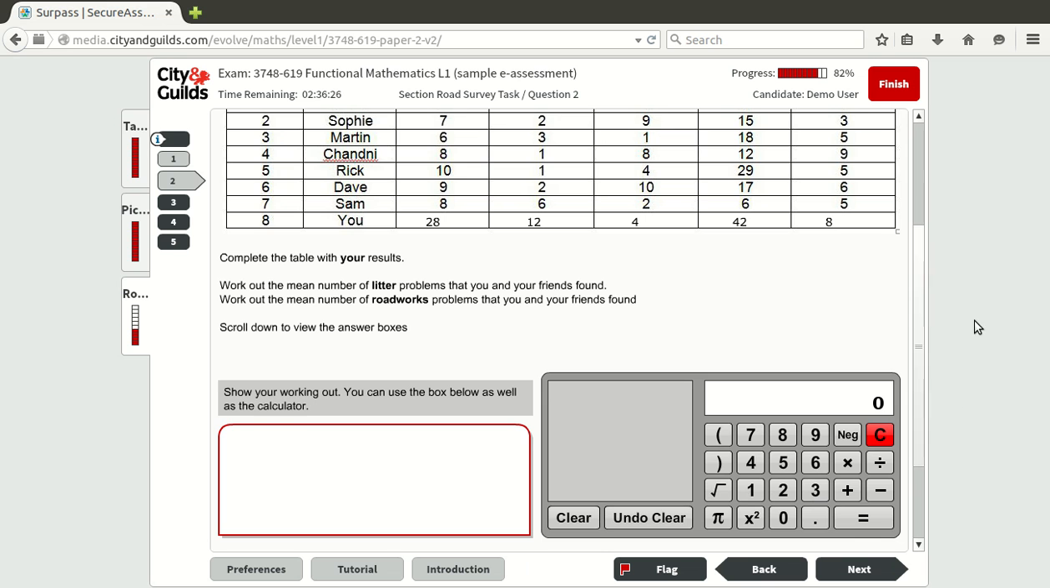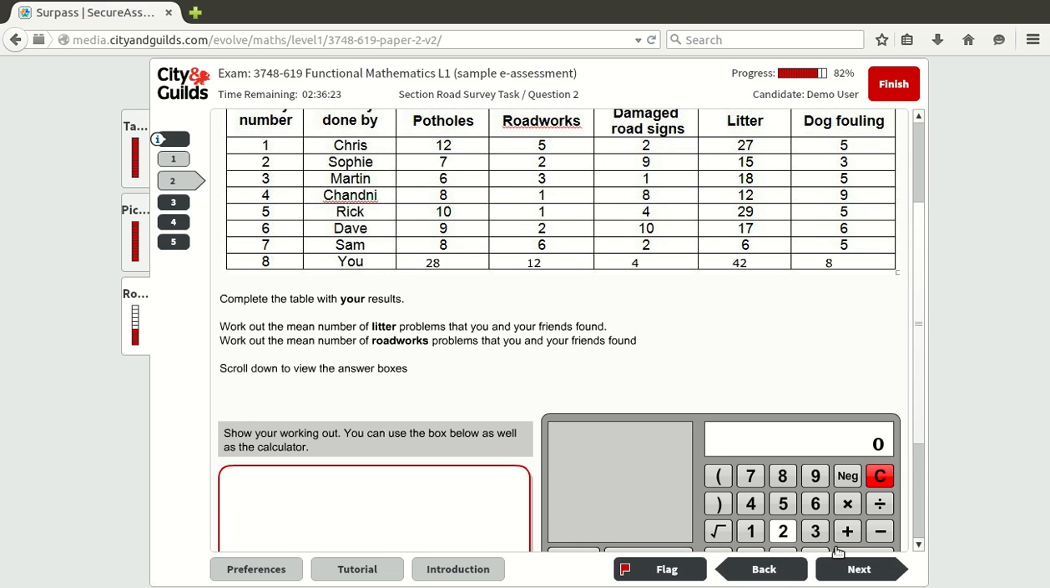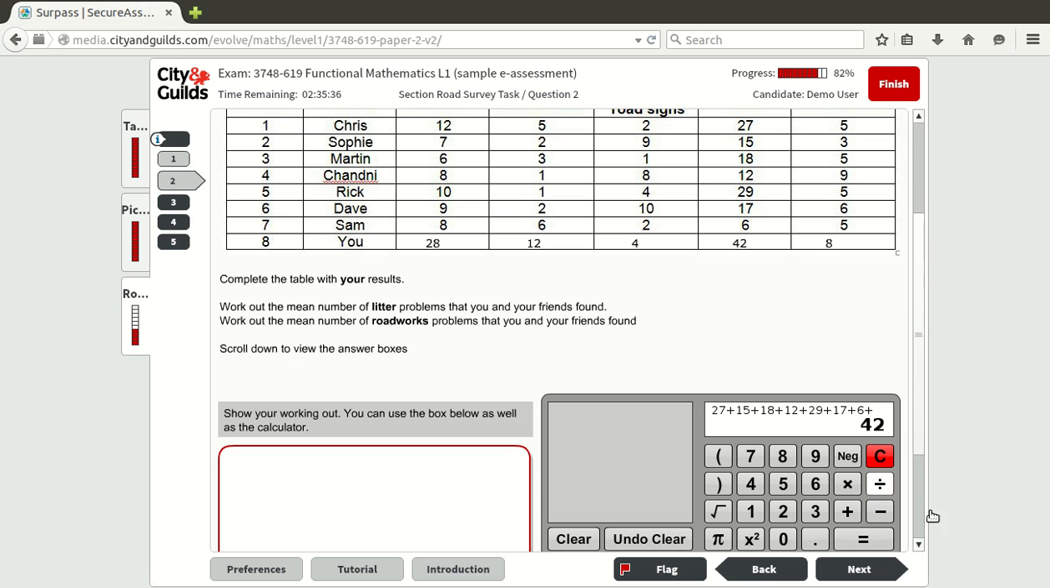I'm going to say litter, that is 27 plus 15 plus 18 plus 12 plus 29 plus 17 plus 6 plus 42. That is equal to, let me just get down the equal sign, is equal to